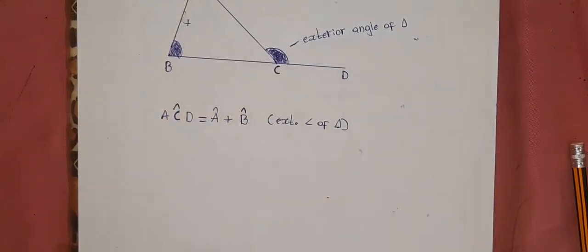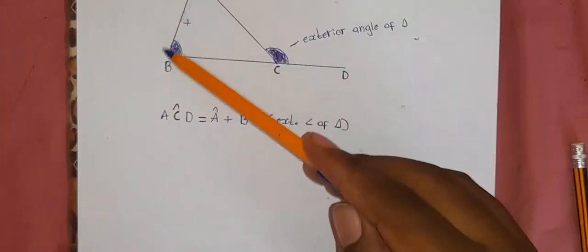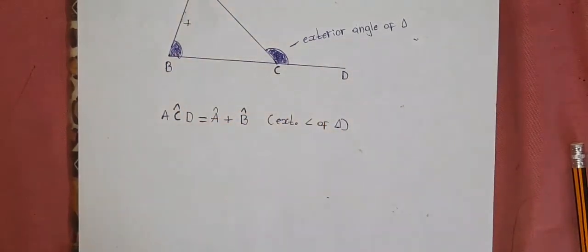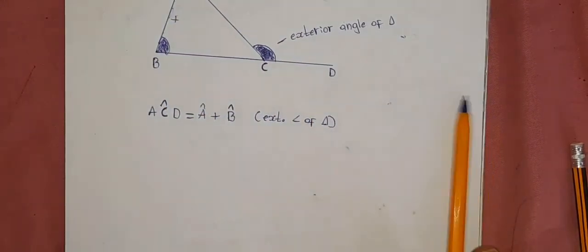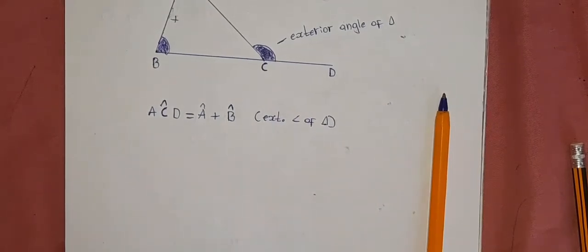Just know that the exterior angle is equal to the sum of the two opposite interior angles. And yeah, in summary, all angles in a triangle add up to 180 degrees, and the exterior angle of a triangle is equal to the two opposite interior angles. And yeah, go through those right angle triangle properties, isosceles triangle properties, equilateral triangle properties, and scalene triangle properties. They will help you in